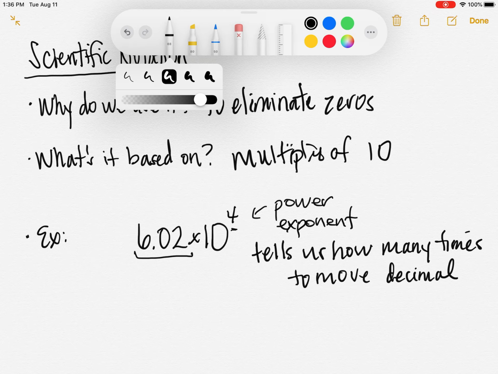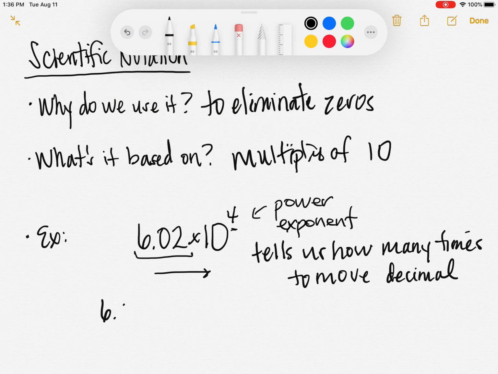And if it's going to be a large number, I'm going to need to move that decimal point to the right, and I'm going to need to move it 4 times. So, of course, we start like this. We move it once, which would be 60.2, right? We move it twice, which would be 602, but we've only moved it 2 times of the 4. So now I have to tack on zeros, move it 3 times, move it 4 times, and there I'm done. I can go back and count 1, 2, 3, 4. And so my number is